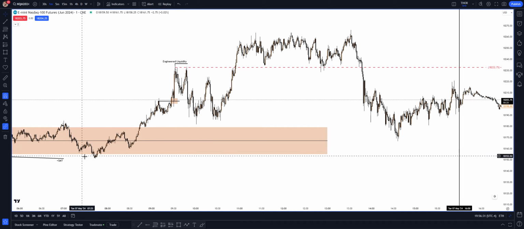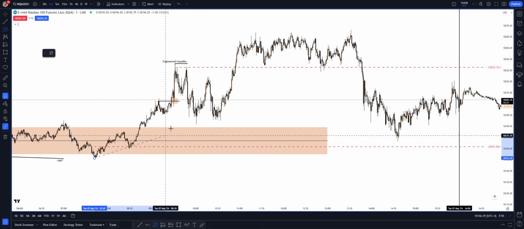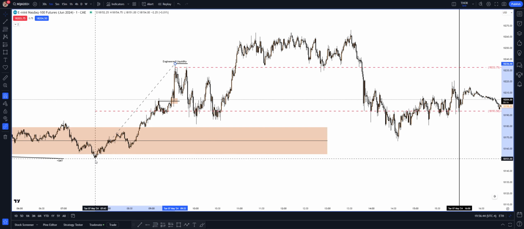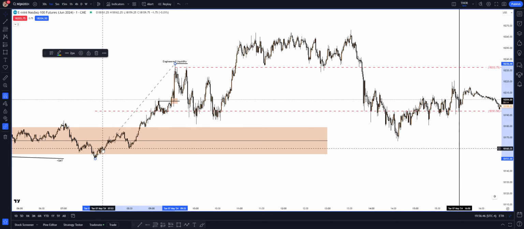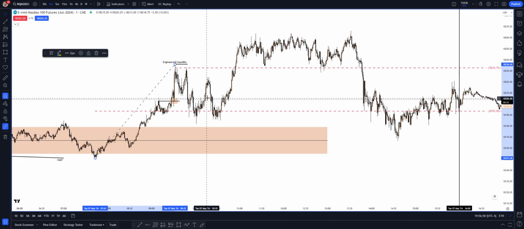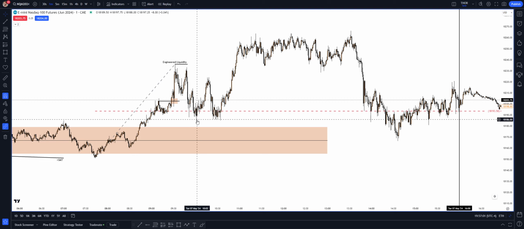So in this case, from the SMT, the low that formed the SMT divergence, we had a leg. This is definitely not on the 1 minute, but we had this leg here. This is probably, I would say, a 5 minute or 15-minute dealing range from the perspective of 1 minute. Let me delete this. So after that failure, price displaced lower, tested the range EQ, rallied, took the sell side one more time,